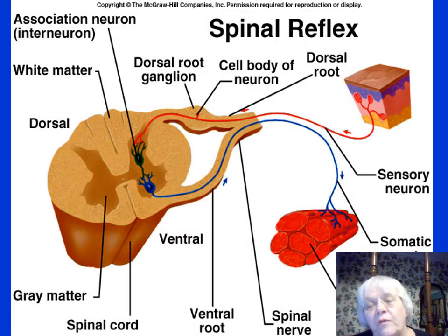And so that message then is going to go out what's called the ventral root of this spinal nerve, and it is going to go out to the effector. You notice that it's a muscle there. It looks like a skeletal muscle. It is, because it says somatic, doesn't it? So what I was saying, though, is that that little interneuron that allows the two neurons to communicate with each other, it is